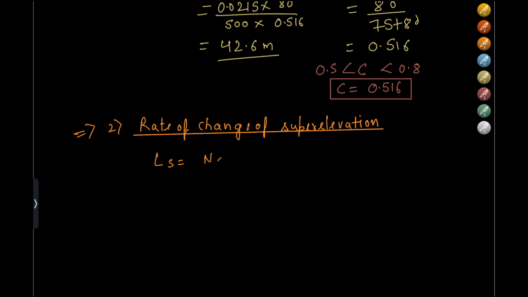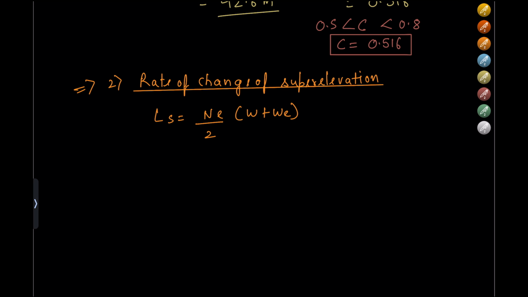Ls is equal to NE upon 2W, so W is equal to W plus W. Here E is not available, so we'll have to calculate E as well. For calculating E, super elevation has to be designed, which is equal to E plus F is equal to